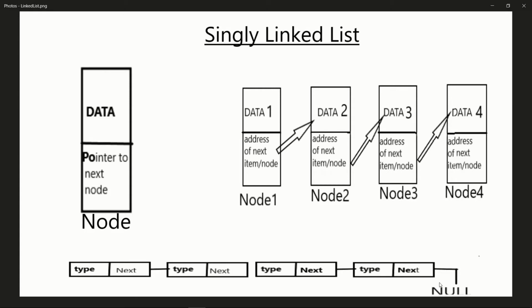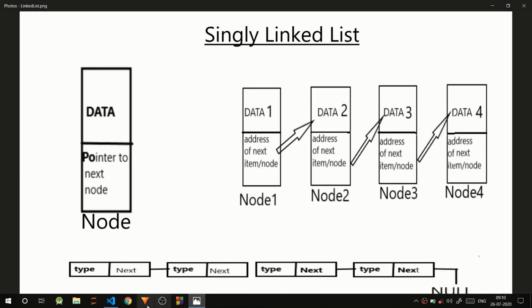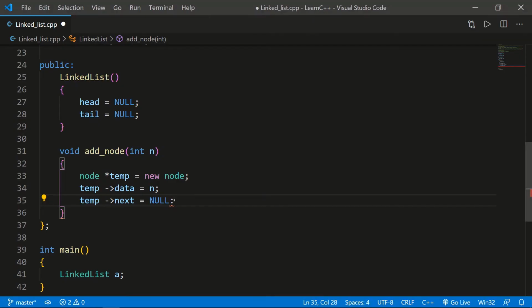This is the basic idea of a linked list. Don't forget that the last one should point to null, so that we can have a catch on the last element and we can print the rest of them. So we'll write temp next. We'll put this node at the end, so after this node there should be nothing because this is the last member of the linked list.